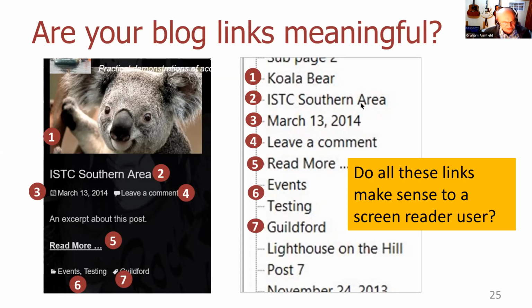I've got the categories and the tags. So there's a lot going on here. Do these links always make sense? I don't know. It's your decision, really. And this theme does a lot. Not all themes do as much as that. And if you're building a theme for a client, think about which ones are relevant here.